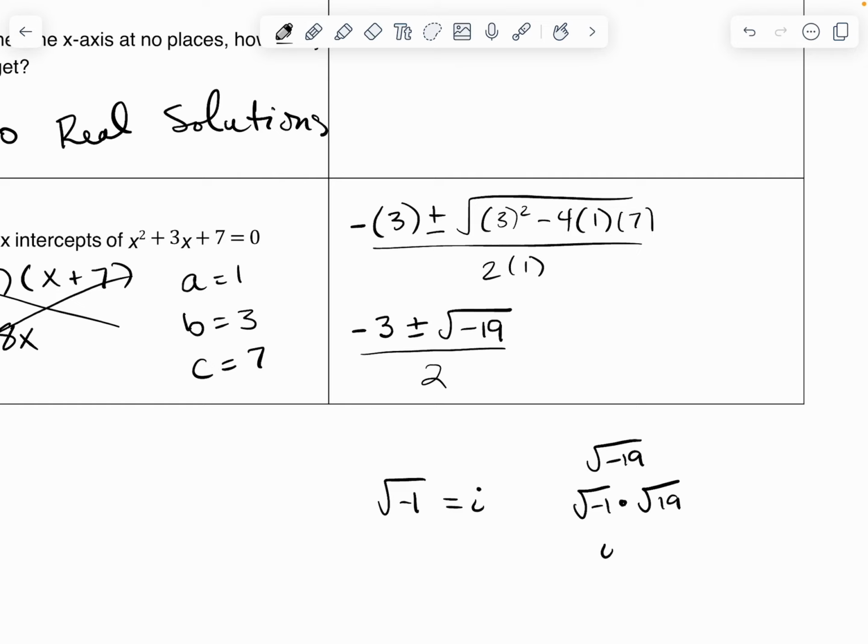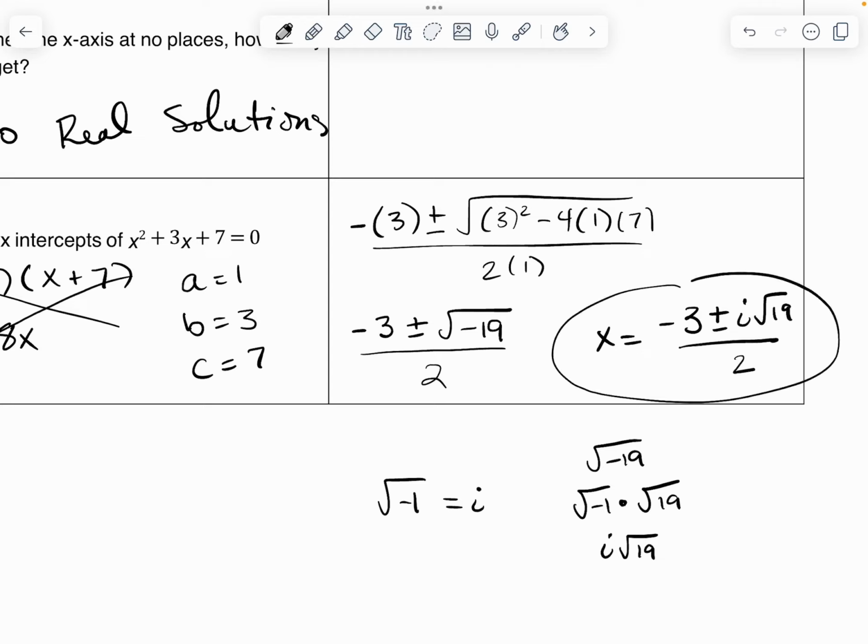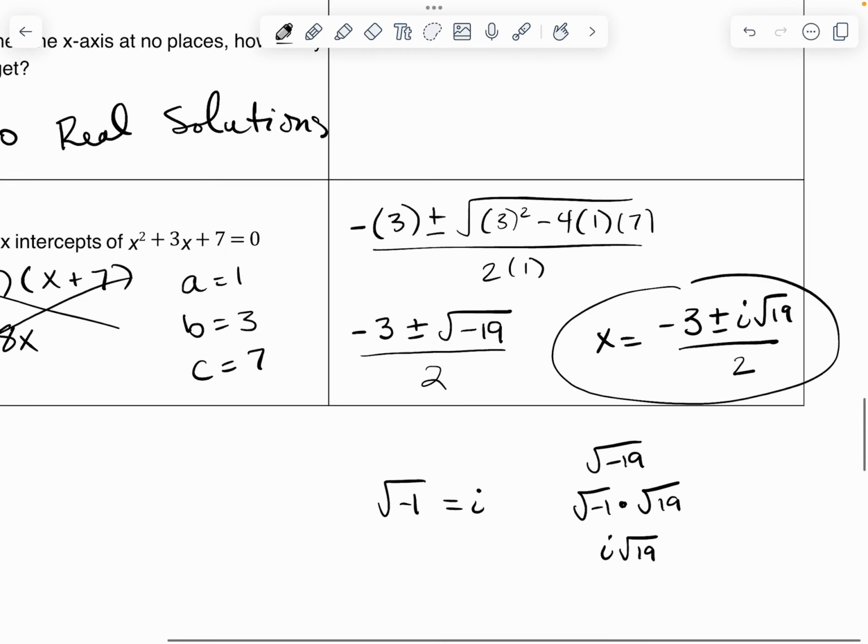The square root of that negative 1 is i. And we're just going to leave the square root of 19 as the square root of 19. So all of this up here becomes this. So our final solution here for what the x-intercepts are is negative 3 plus or minus i root 19 all over 2. So those would be the x-intercepts for